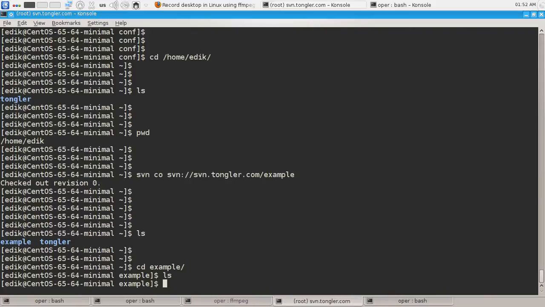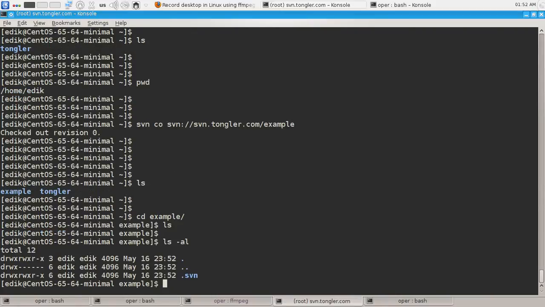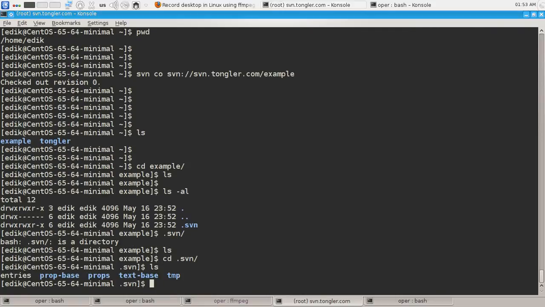If I move to it, I see that it's empty, but actually it's not. It has a .svn folder in it, which is basically a database for my repository. It contains the versioning information and so on. So let's move up